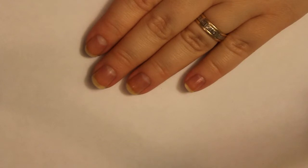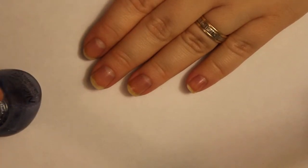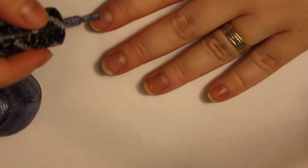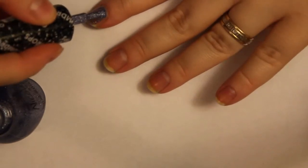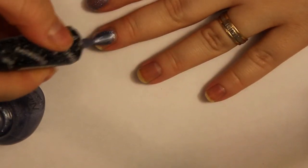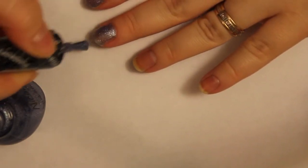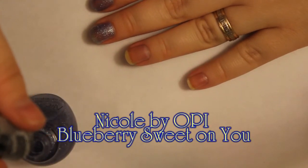Okay, so I'm going to show you a few textured polishes. Now, pretty much every brand and his sister, or her sister, came out with textured polishes this year, and I think the first one I got was from OPI, and it was in the Mariah Carey collection a year ago, and I think it was called Can't Let Go. And I do really like their formula, but I didn't feature it in my top because I think I liked a few even better. And this is a Nicole by OPI shade, and it is called